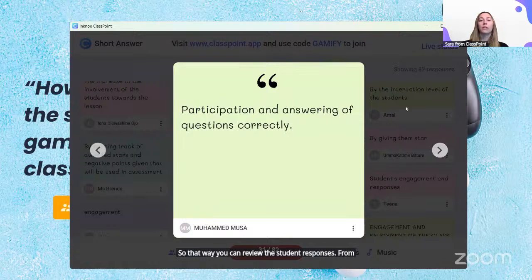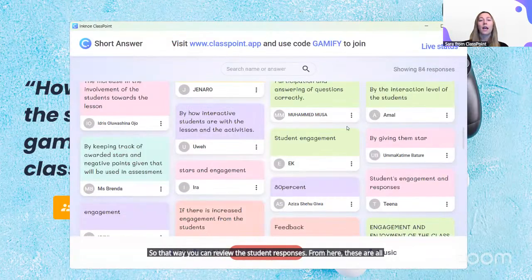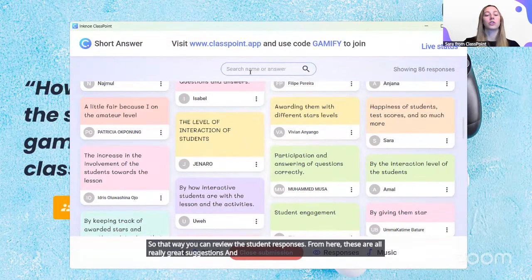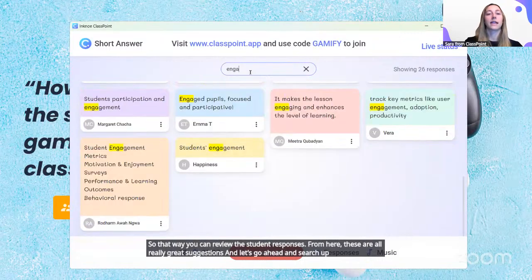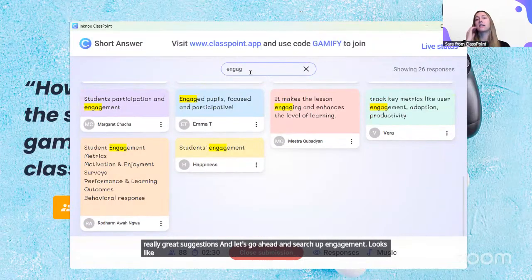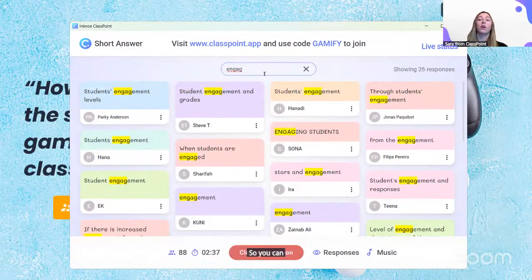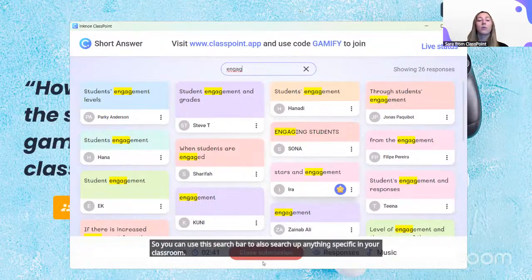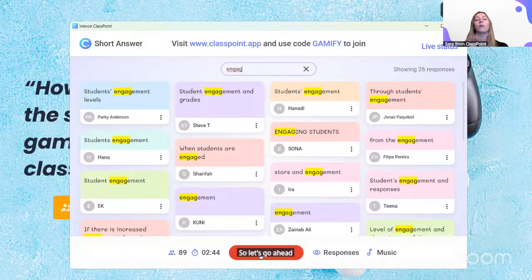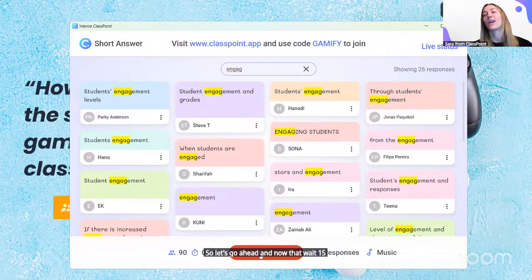These are all really great suggestions. Let's go ahead and search up engagement. Looks like a lot of people have added something about engagement or engaging here. You can use this search bar to also search up anything specific in your classroom. So let's wait 15 more seconds and then I'll give this question a close so that we